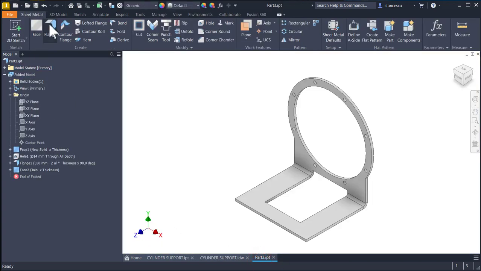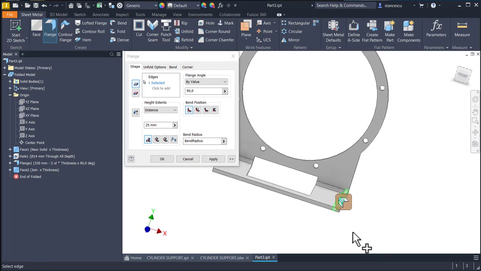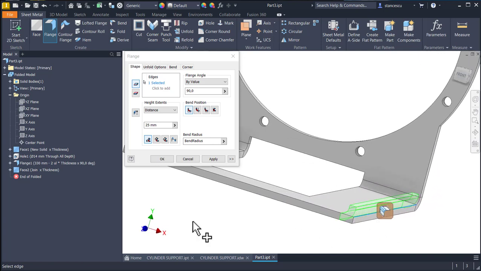Flange, you see what is the solution, and I write here 110. Okay,